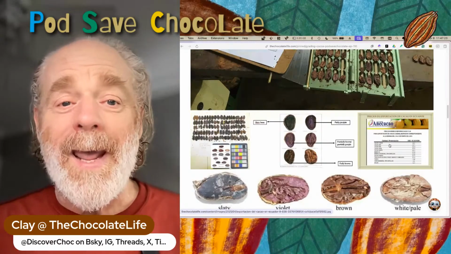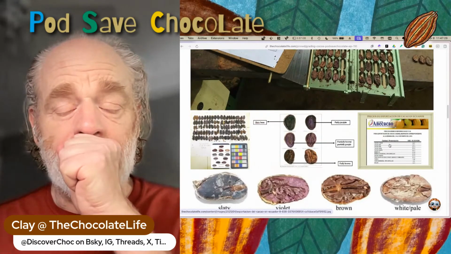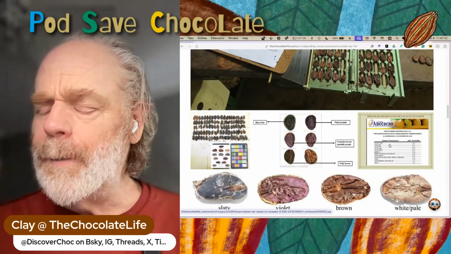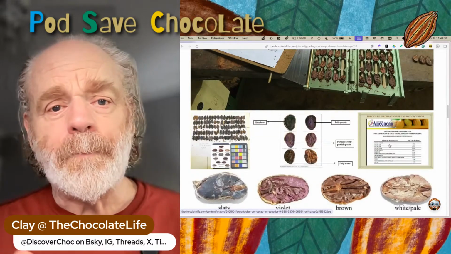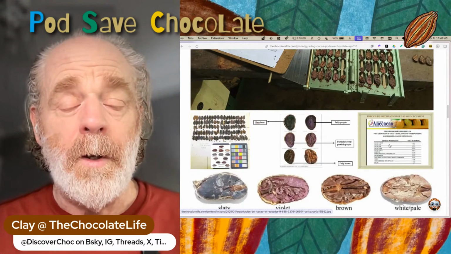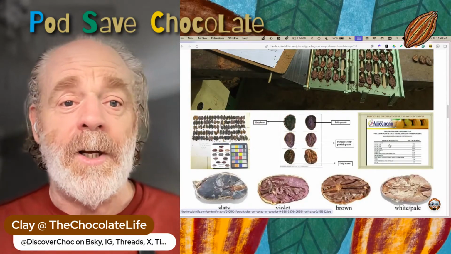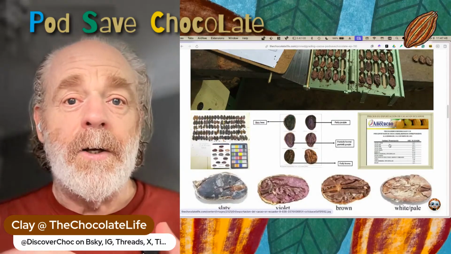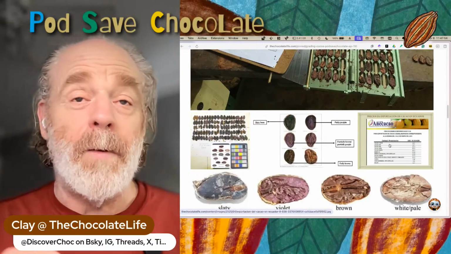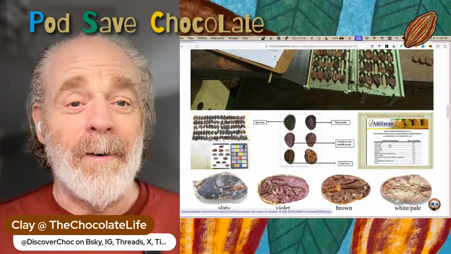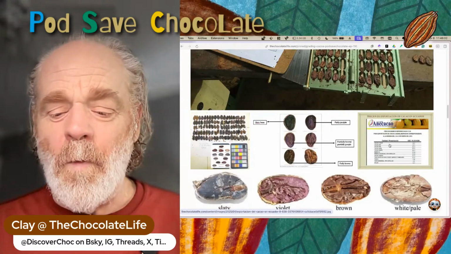So that would be a way that I would take this information and use it with an understanding of the genetics. Right? So we can use genetic testing to determine whether a desired trait that we're looking for in the breeding process breeds true. But now we can use these other analytic techniques to say that not only do these traits breed true, but these beans are capable of producing superior tasting chocolate,